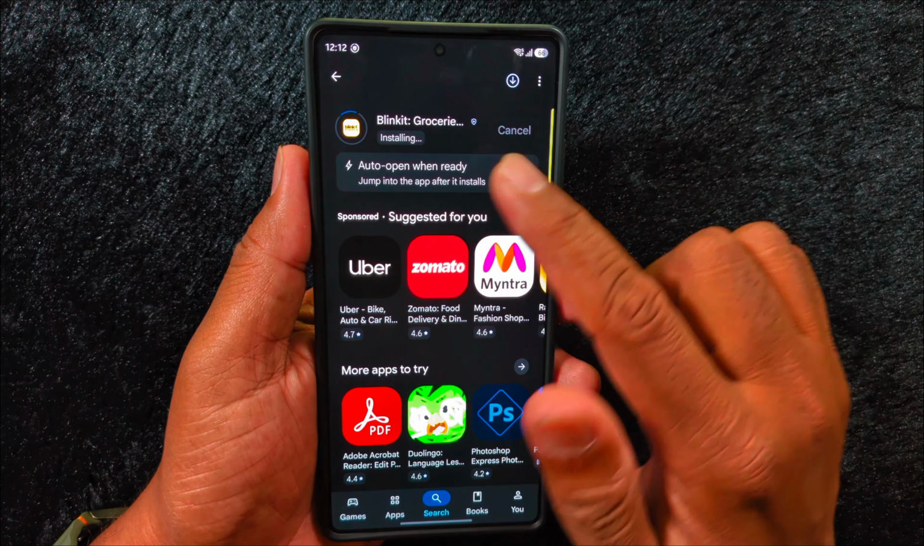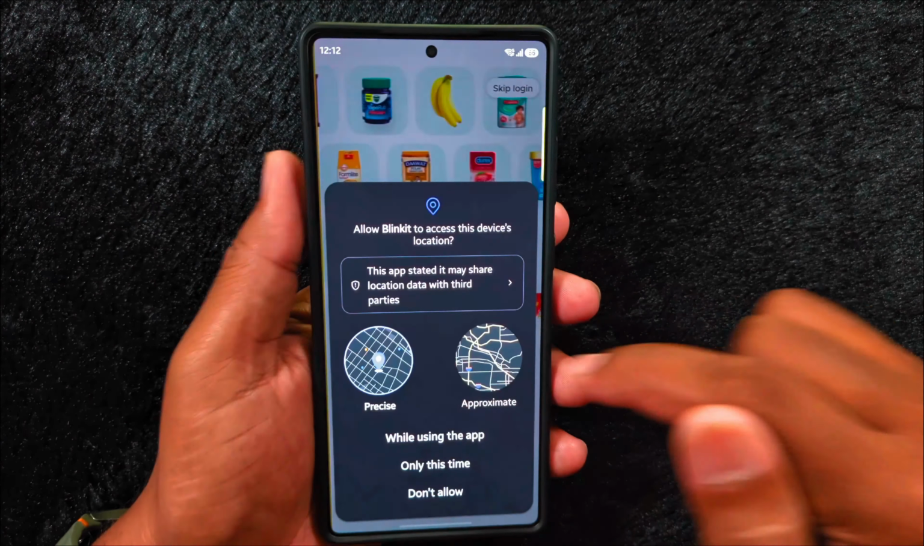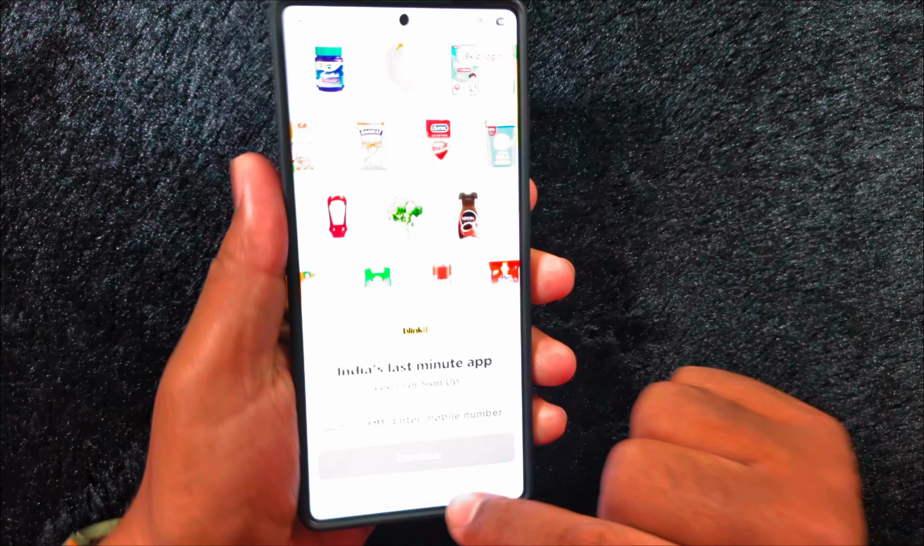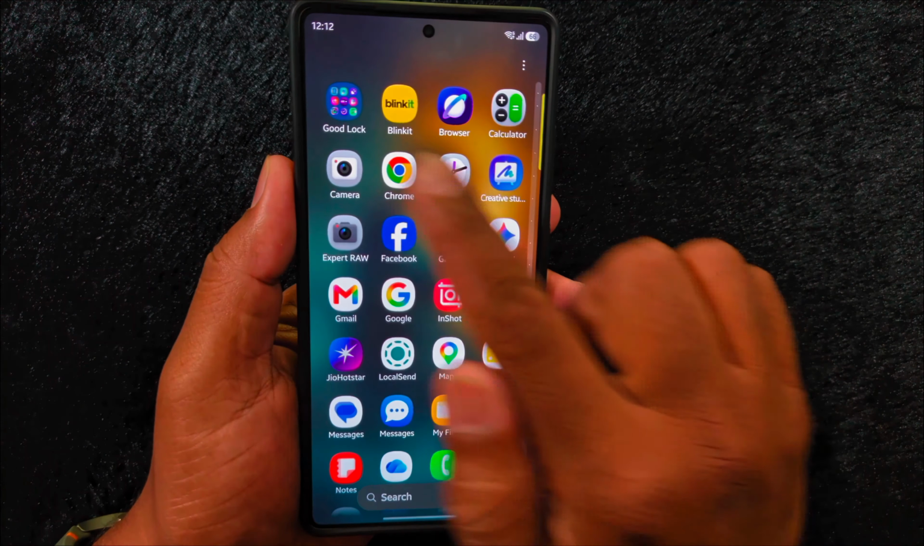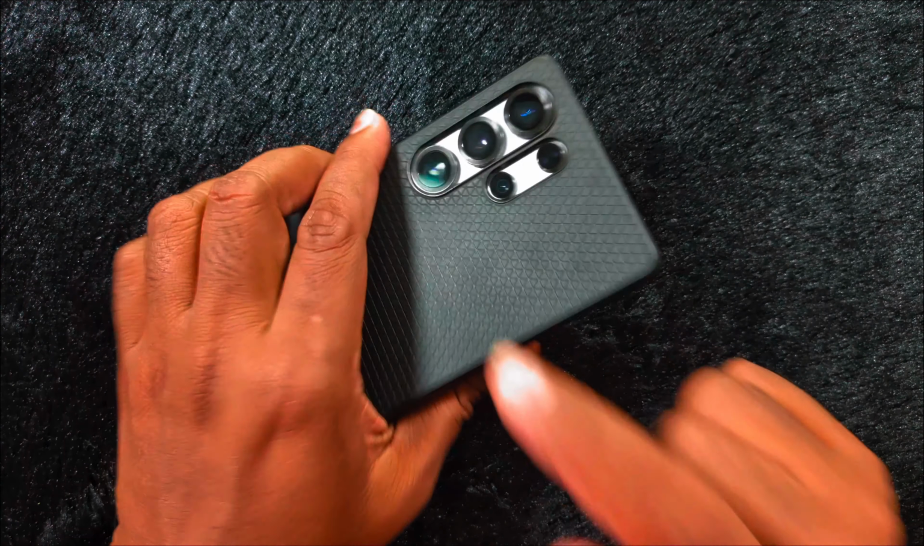Once the installation is complete, tap Open to launch the app right away. You can also find it later in your app screen or home screen. And that's it. That's how you can easily download and install apps on your Samsung S25 Ultra or any other